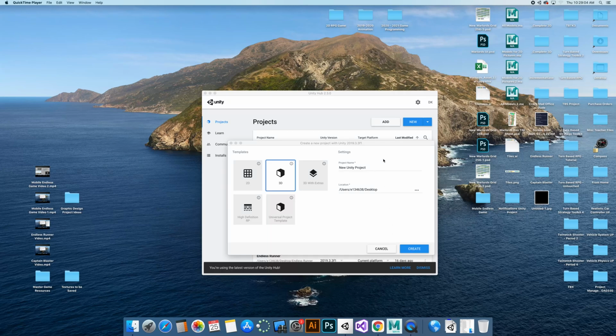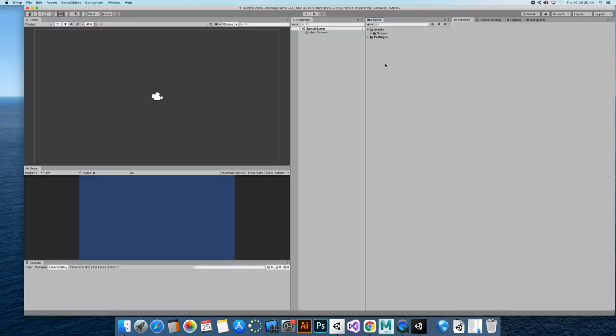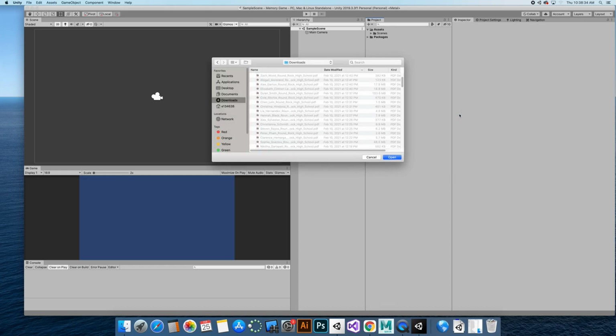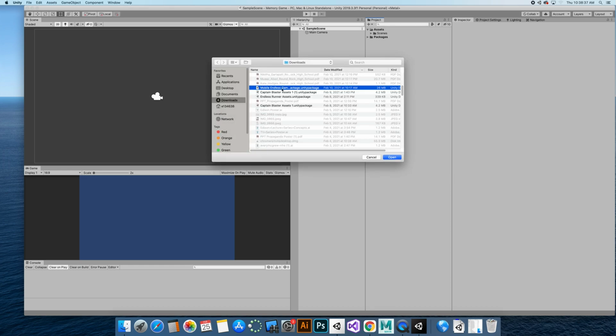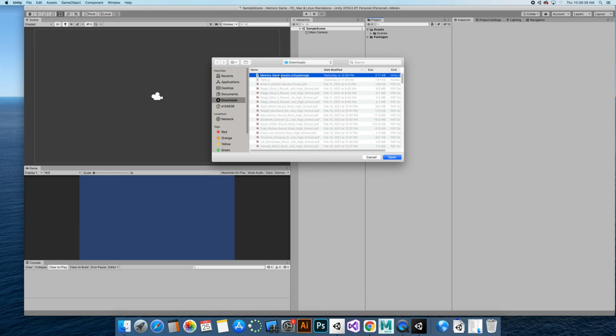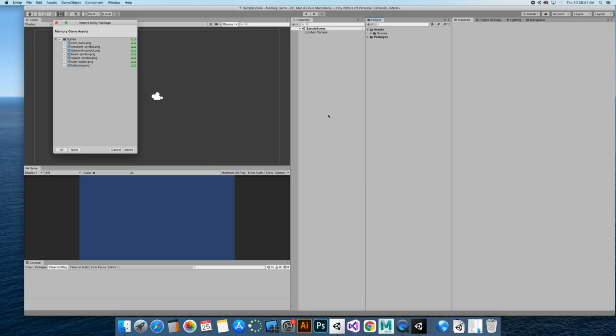For this project, we're going to be making a memory card matching game. This will be a 2D game, so we're going to create a new Unity project, and for the project name, I'll call it Memory Game, and we'll set 2D as our default behavior and click Create. We want to import our assets package, so I will go to my memory game assets package and